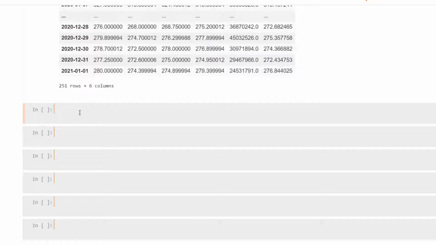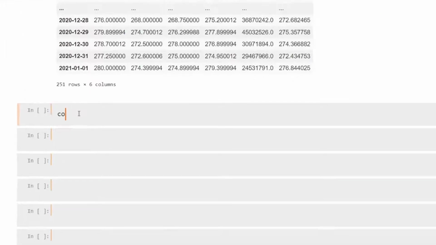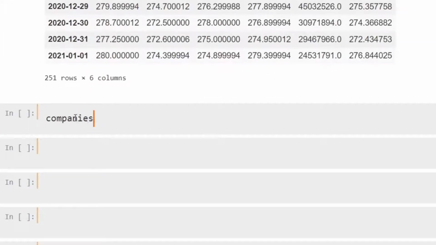You need to keep all the companies in a list, so let me create a list. The first company is SBI.NS. We need to give a .NS to every company because we are extracting data from NSE.